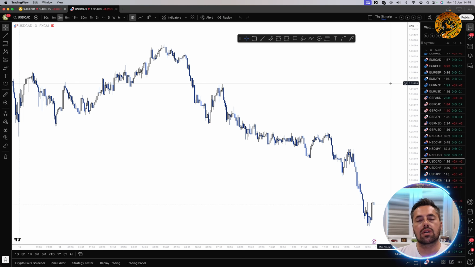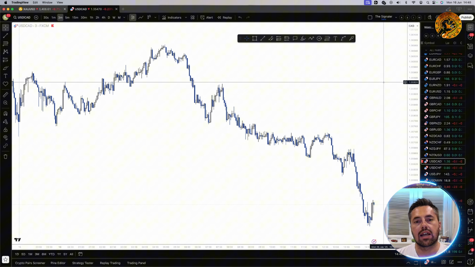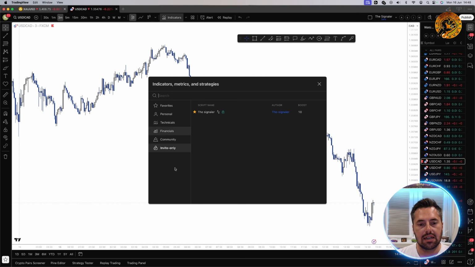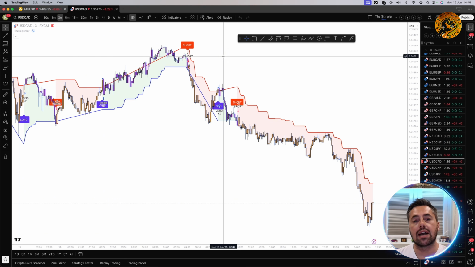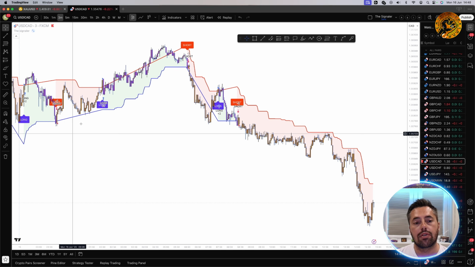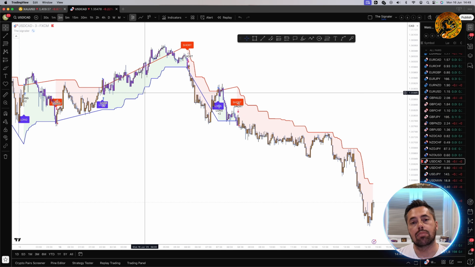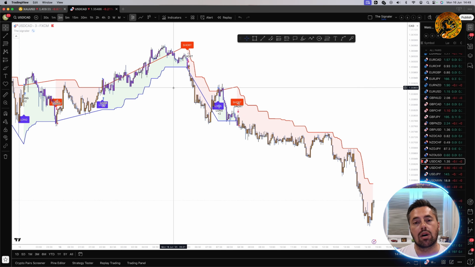So guys, as you can see, we are over on TradingView, and I'm just going to show you real quick how to get the indicator set up. You head up to indicators, invite only, and click on the Signaler. You minimize this bit here, and as you can see, the indicator is nicely on the chart. A very quick overview: when you get given a long signal, that is your signal to buy. When you get given a short signal, that is your signal to sell. The green background means you are in a bullish trend, and the red means that you are in a bearish